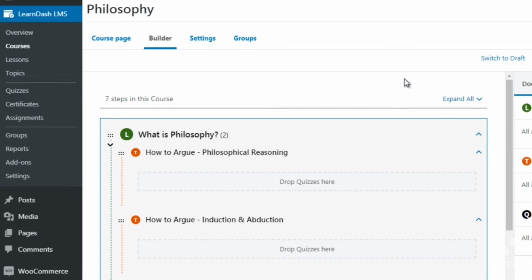So you see why we mapped everything out in the past videos. This way we know exactly what steps to create once we get into LearnDash. So we got settings